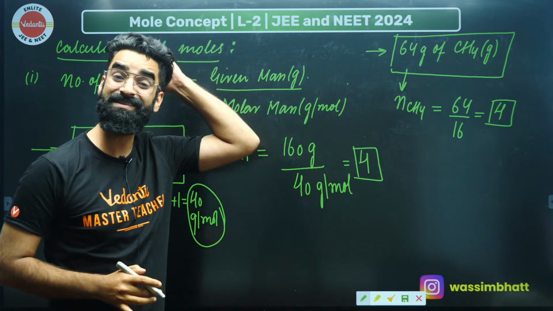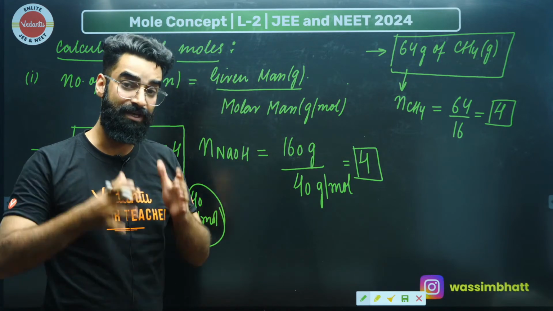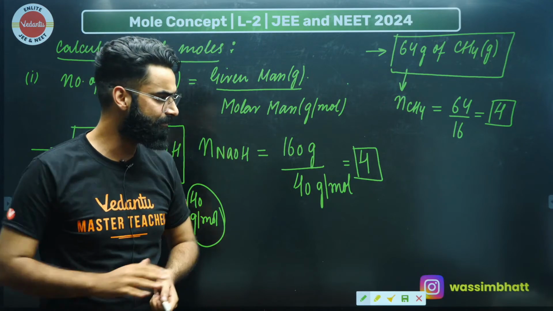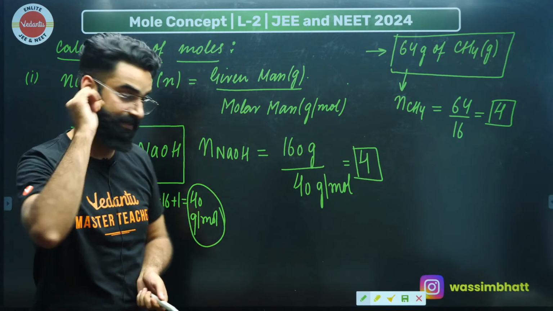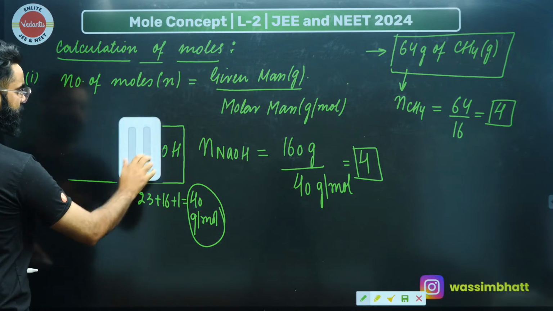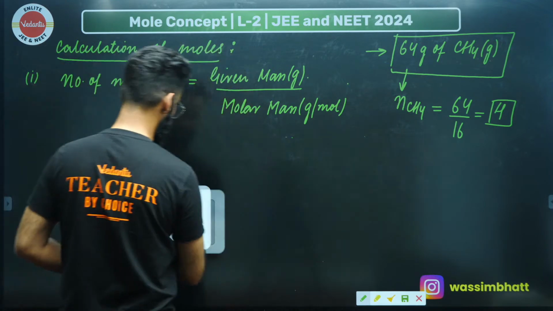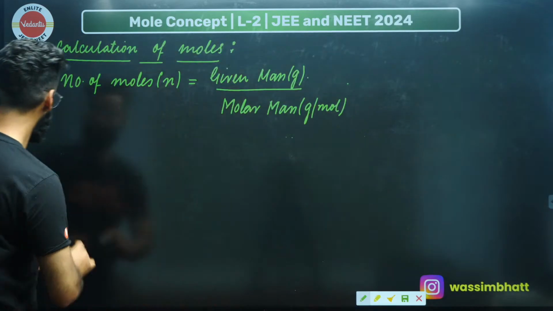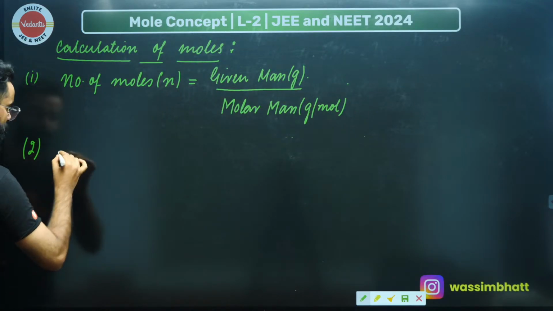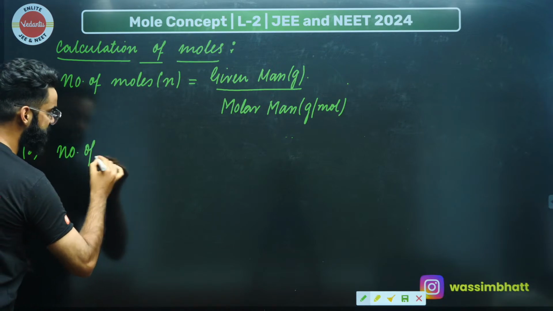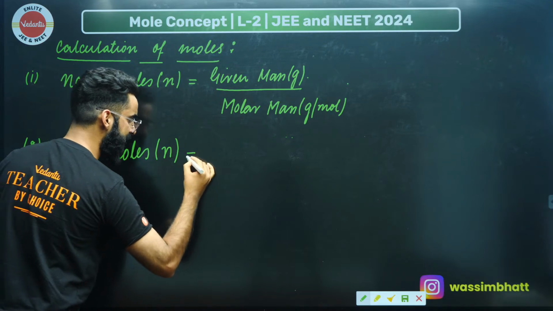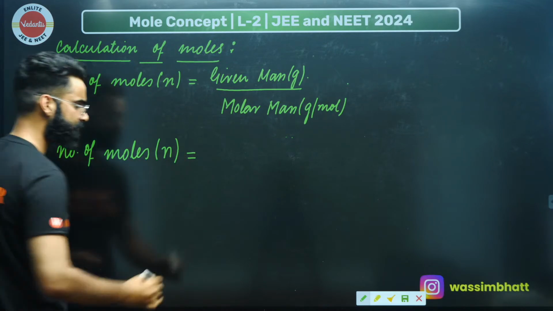So this is the first result, my dear people, by means of which you can calculate the number of moles of a particular substance. As simple as that. First result. Talking about the second result, have a look. The second result is again very simple. The second result says the number of moles of the substance, which we represent with N, is always equal to